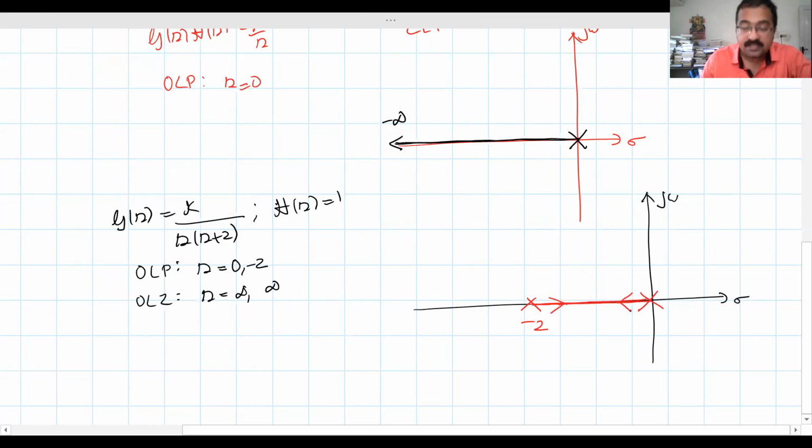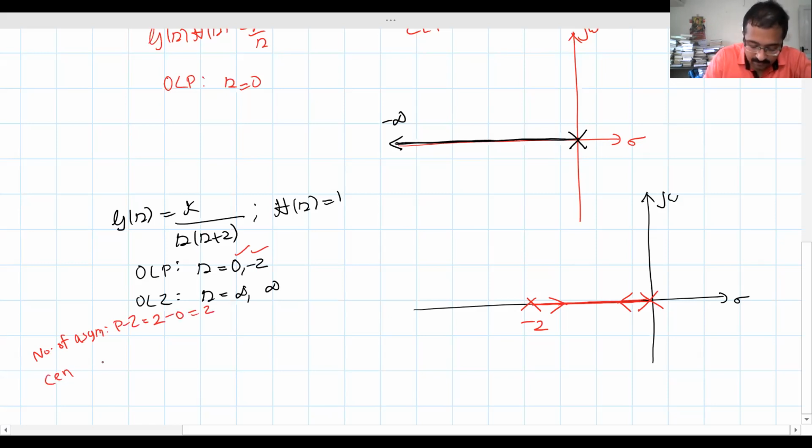Okay, so there will be a breakaway point. As k varies, they keep on moving, and at a particular value of gain k, they will meet, right? And then they will split apart. So that is called the breakaway point. If you follow the rules, now the number of asymptotes: how many? P minus Z. What is P? P is 2 because we have two finite poles, and Z is 0 because we do not have finite zeros. 2 minus 0, 2.